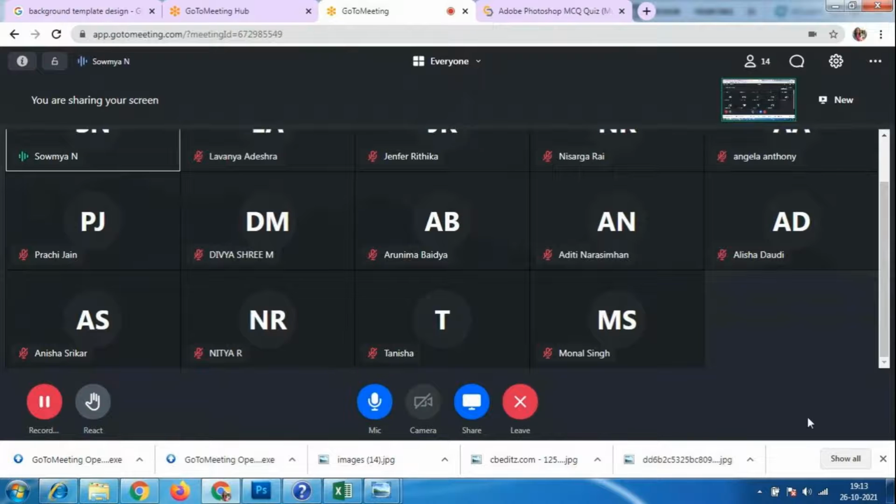Which tool are we using? Jennifer? Ma'am, the major role is played by the clone stamp tool and the text tool, with shadow effects. What is the shortcut? How are we using this? What is the method to use the clone stamp tool?